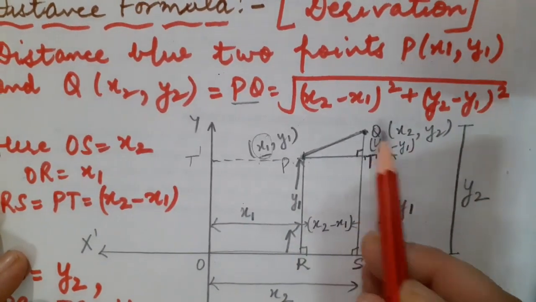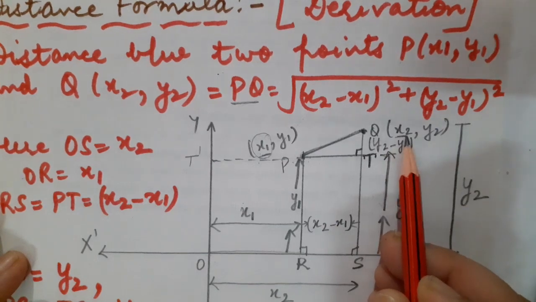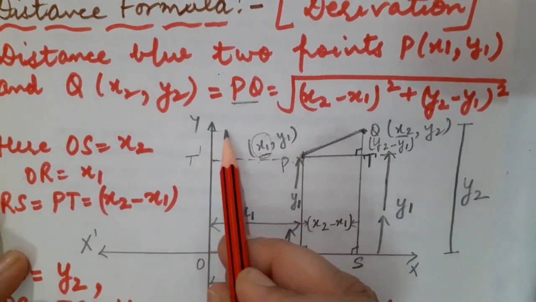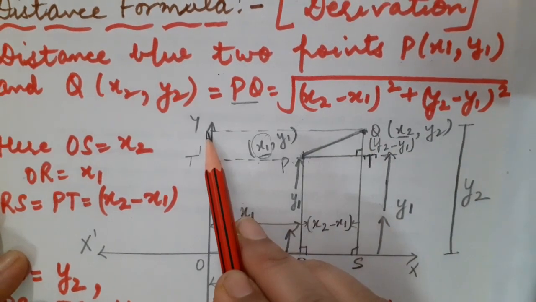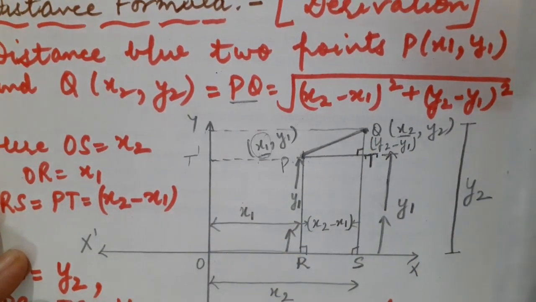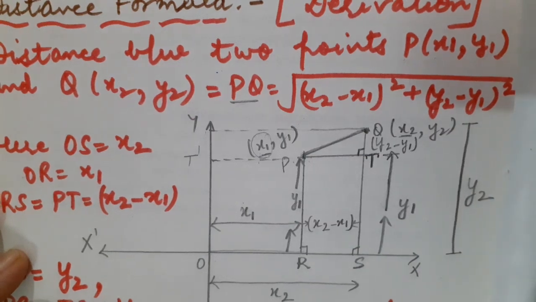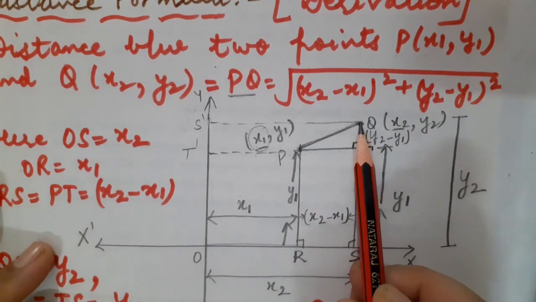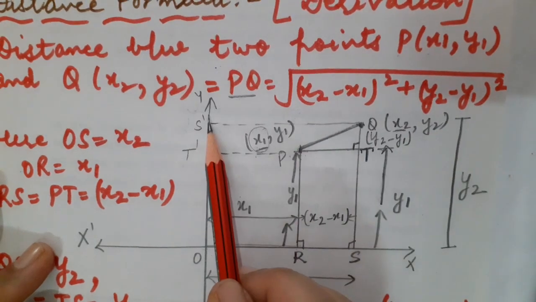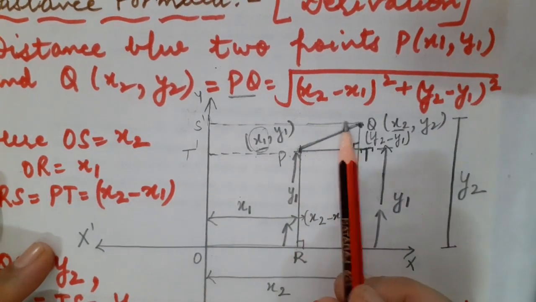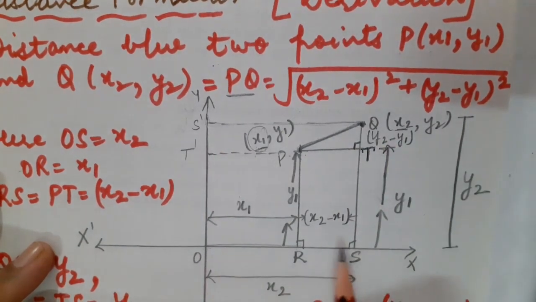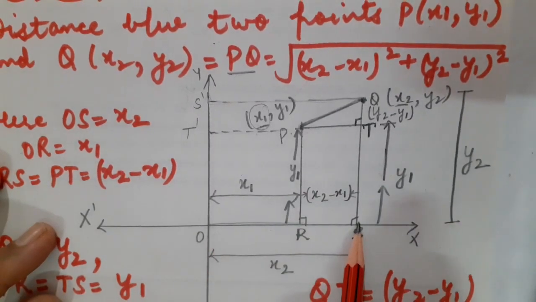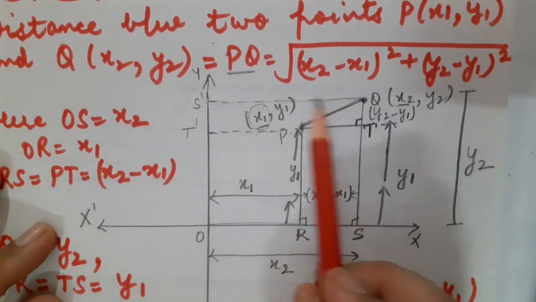As you can see here, what is the x coordinate of the point Q? This is x2. So you have to take this very distance only, because I have to take the distance of this point from y-axis again. Fine students. Then what can I do in this case? So distance of this point Q from y-axis, this complete distance will be equal to x2. So can I say that OS is also equal to x2? Of course, because OS is nothing but that distance which is equal to x dash q.